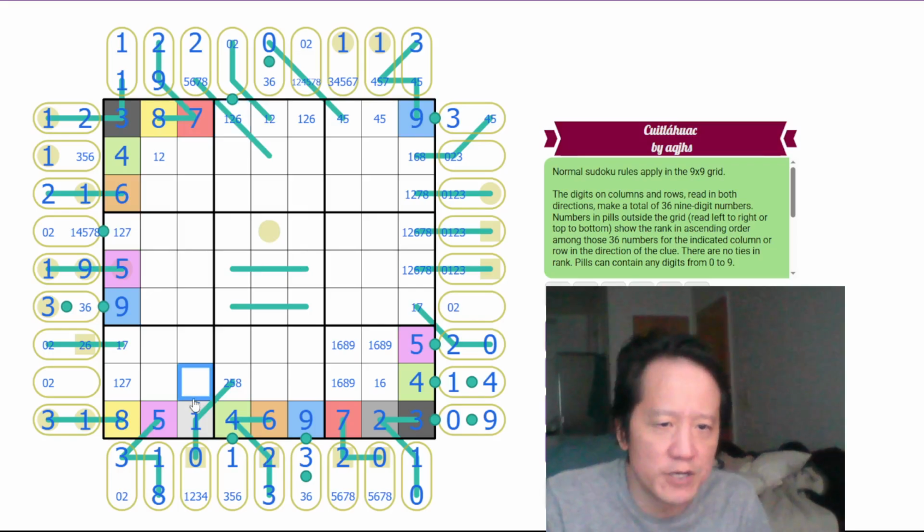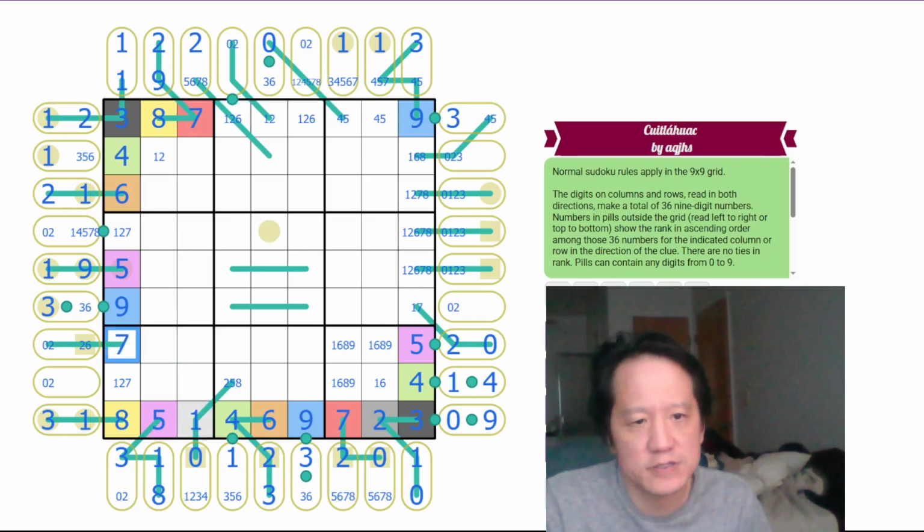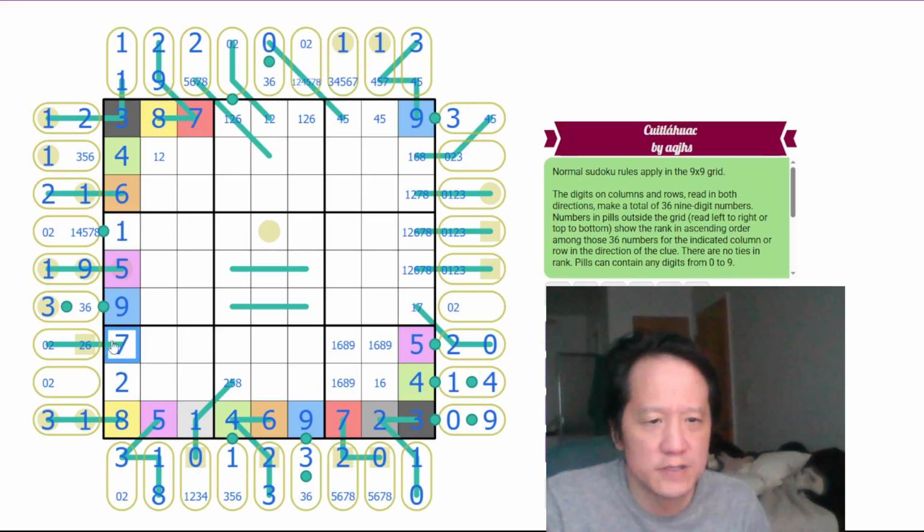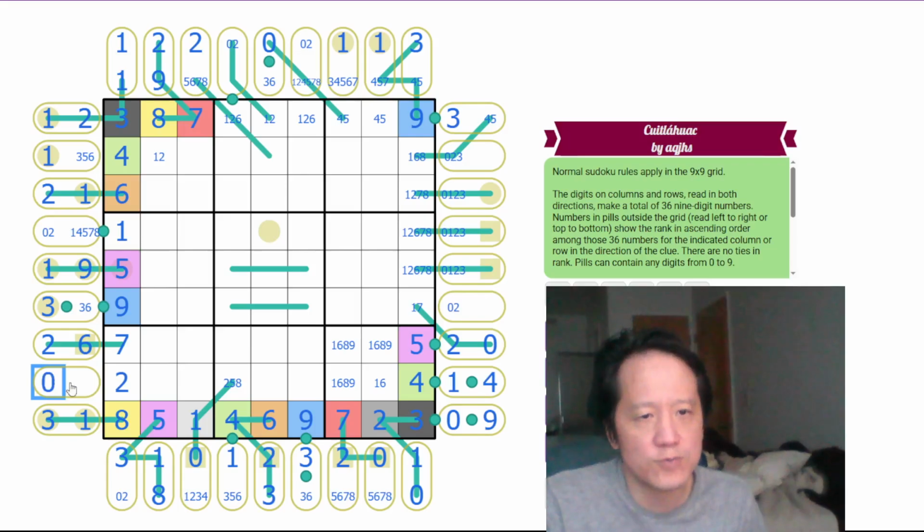Oh, this 1 eliminates 1 here. Okay, so this is 7, this is 2. That makes this a 1. The 7 must be 20-something, and then it must be 26 specifically, because it must be even here, and it has to be different modularity, right? So 2 mod 3, 0, 1 mod 3 means this is 0 mod 3, and it has to be even. This is 2, which forces this to be 0. This is also 0, so this is